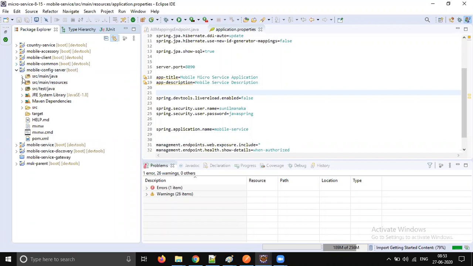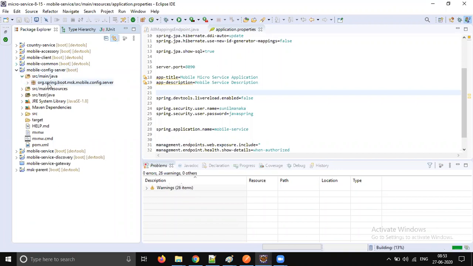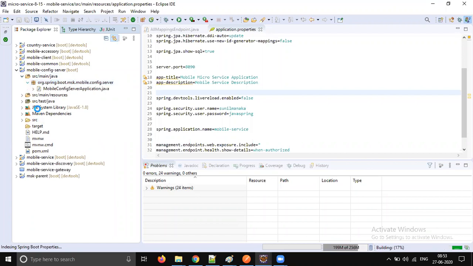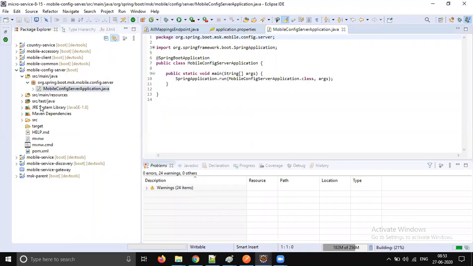It's pretty easy playing with the config server. There is only one annotation we are going to use, that is @EnableConfigServer. Let's quickly add that part.